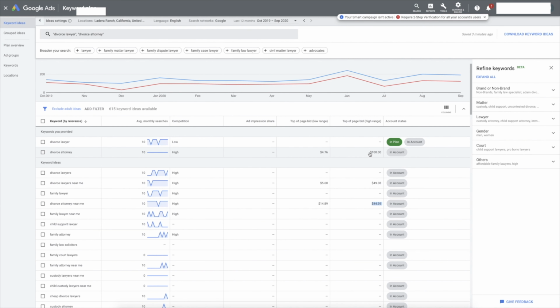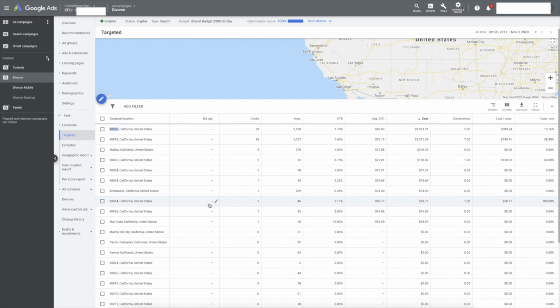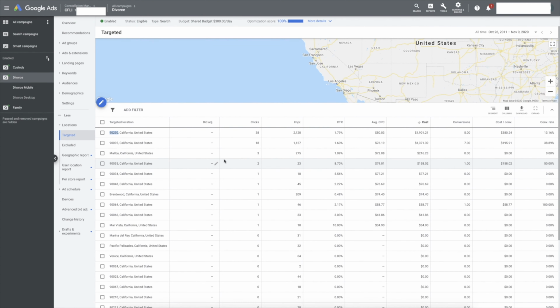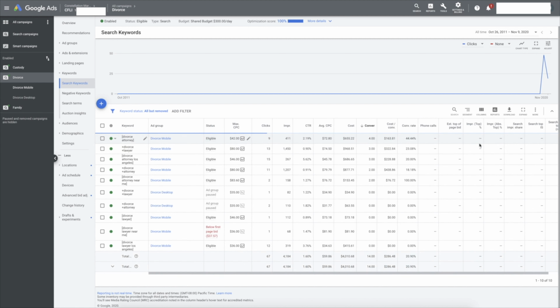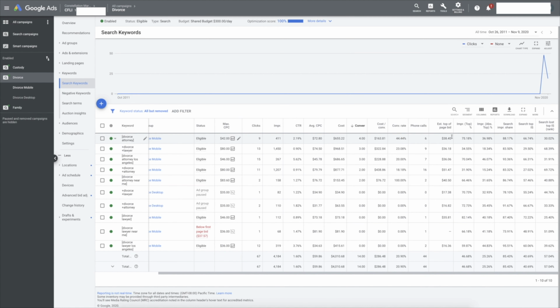So we look at here, this person has a bunch of zip codes in. I normally just like to do a range, but there's too many zip codes in here, in my opinion. So that's why we have the cost per click at where it is. But generally when we open up the columns here, it's already going to tell you right here as well, $36. So as long as we're